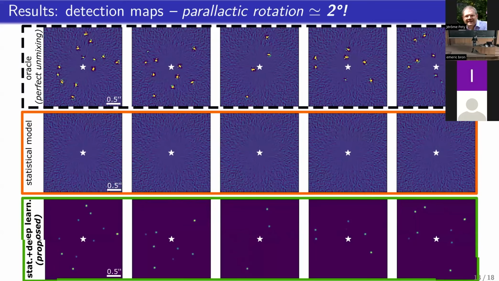And here we have a setup with only 2 degrees of rotation, which is a kind of setup we can have, for instance, on GWST with a very limited roll. And you can see here that in this context, the proposed approach is not too far from the oracle, while a method leveraging a single data set to perform the estimations completely fails and is completely blind to the presence